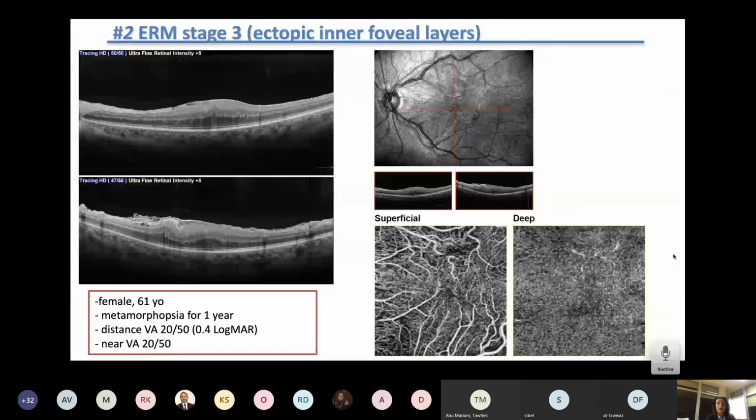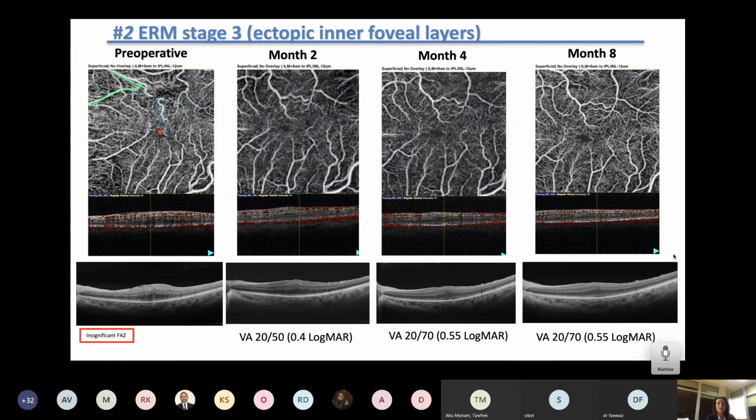injection. So this is another case of a patient affected by epiretinal membrane stage 3 with very evident ectopic inner foveal layers. A female complaining of metamorphopsia for 1 year, and we can see that the preoperative OCTA shows no phase visualization or a very small phase, vessel tortuosity, and areas of non-perfusion. We noted a reduction of this feature on OCTA during follow-up, but we saw the persistence of a smaller phase